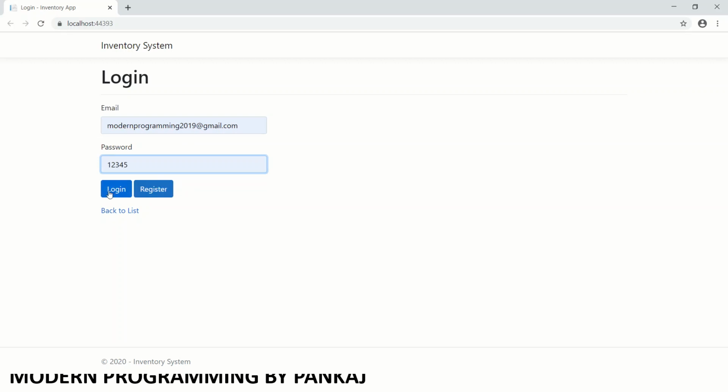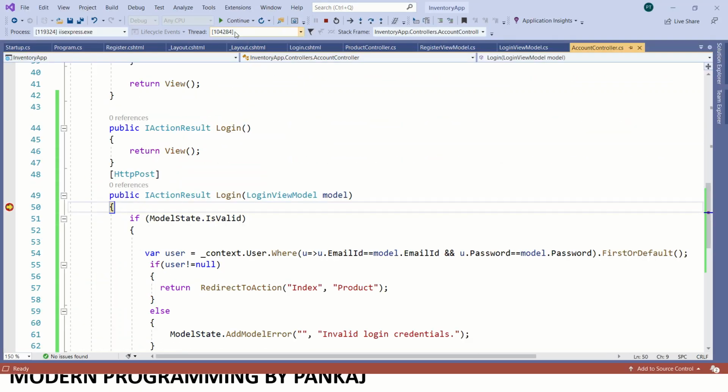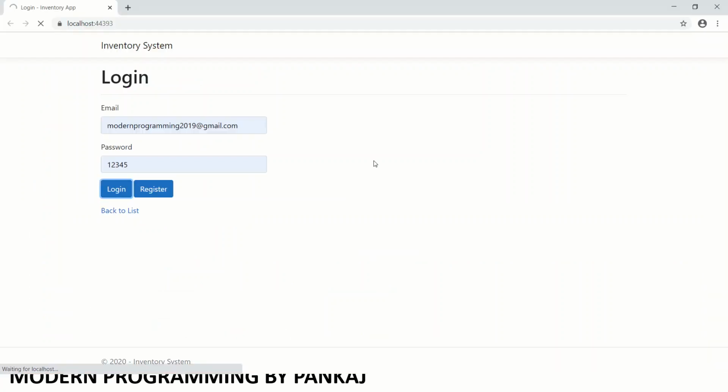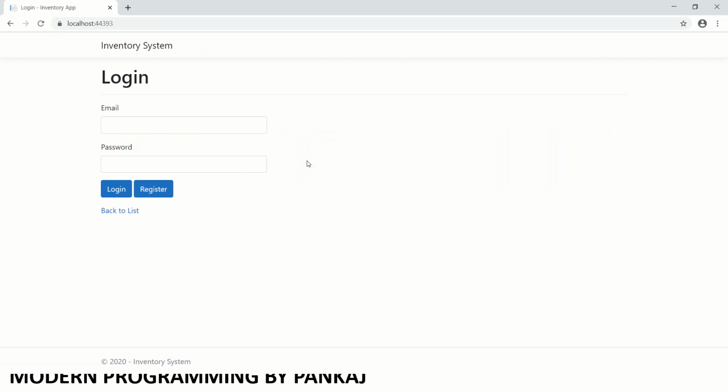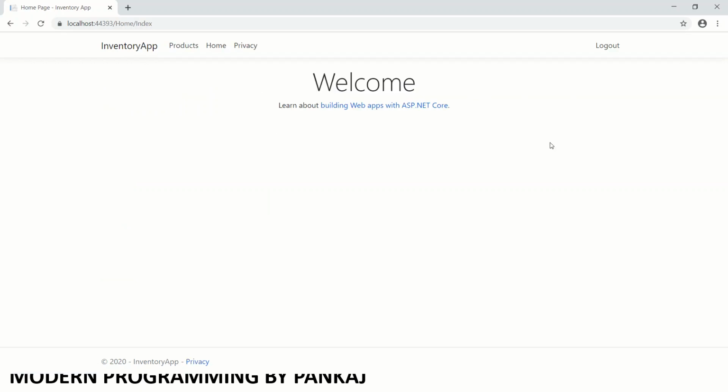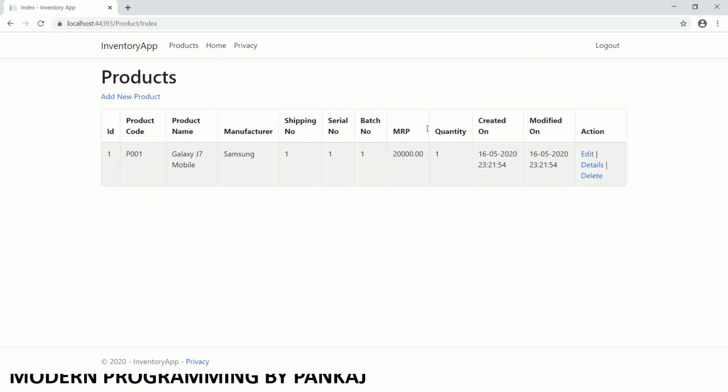This password should not be negged, so I will change this as well. See, we have got the logout button. If I click on this, we have got the login page. If you click on register, see, we have got the register page here. Now if I click on this inventory system, I am directly getting inside the main products page, in home page. So even if I have logged out, I am able to get inside the main project.